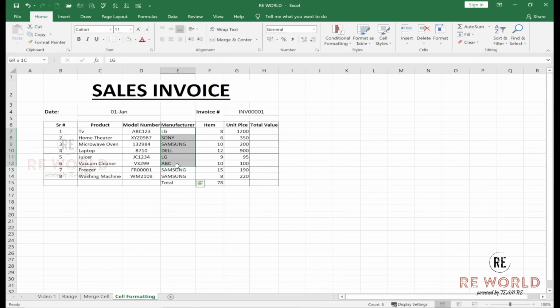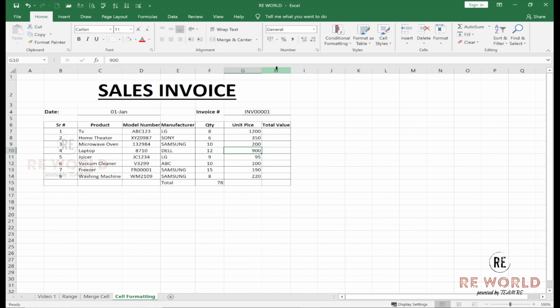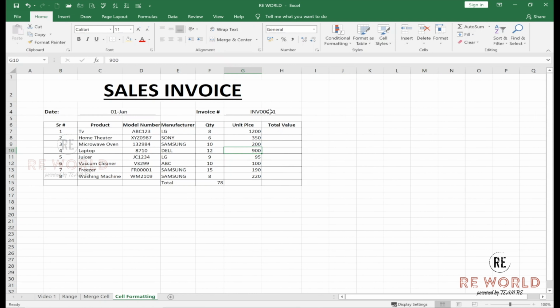Manufacturer of the products and the items, this is the quantity, that how many. So rather than item we can change it to quantity, QTY we can also write. Okay, now this is the unit price. So what is the best way? The best way is the unit price should be in the currency that we are paying.